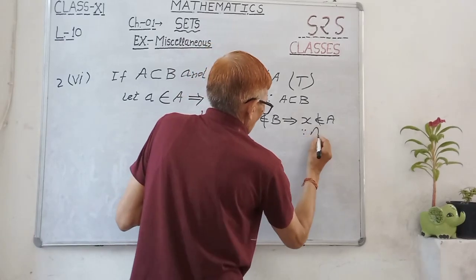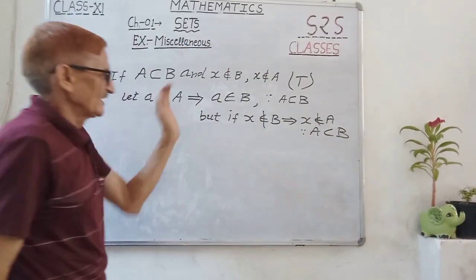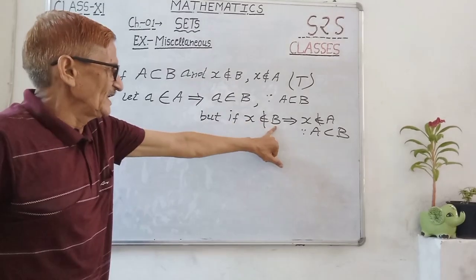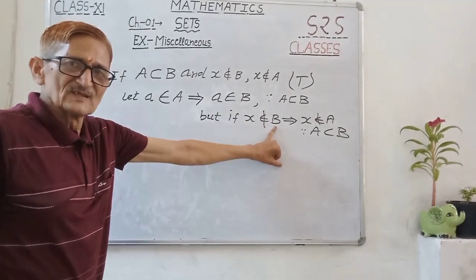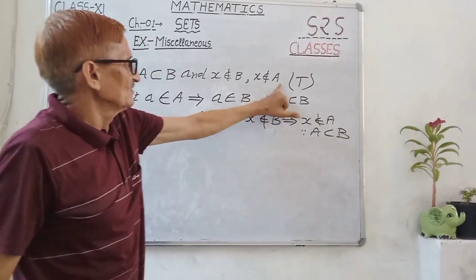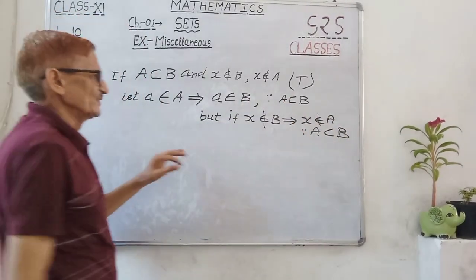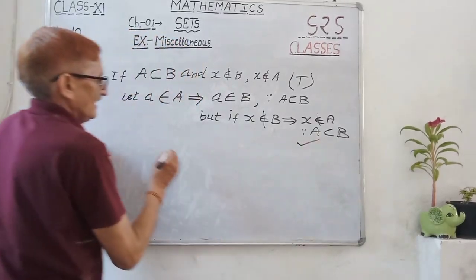Set A is the subset of B. Every element of the set must be in B. When an element is not in B at all, it will not be in A. So x does not belong to A. It is true in every sense. So x does not belong to A because of this. Hence it is true.